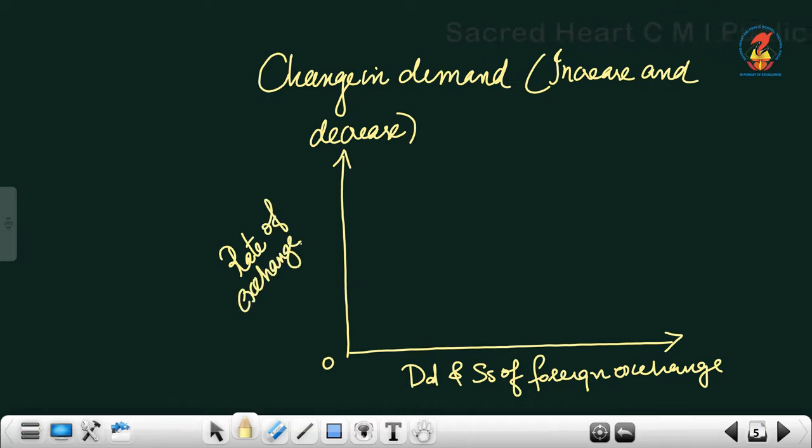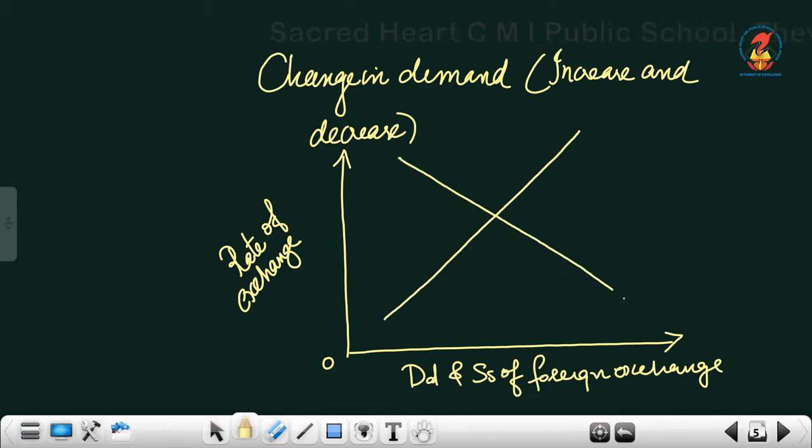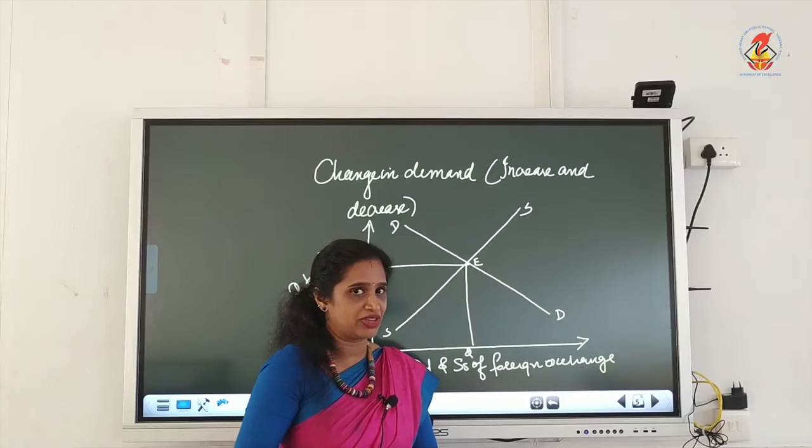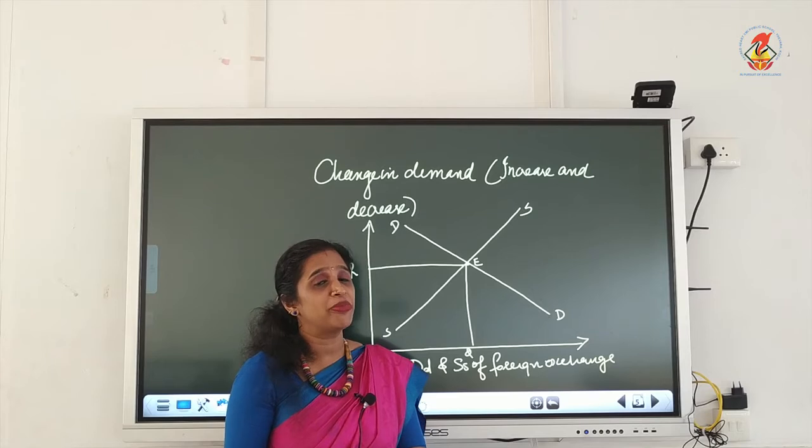Now, the demand curve and supply curve can be drawn. The point where the demand and supply curve intersect is known as the equilibrium point. There we are drawing the rate of exchange and the quantity of demand and supply of foreign exchange. So, this is the equilibrium rate of exchange, and I told you this equilibrium rate can be disturbed or changed